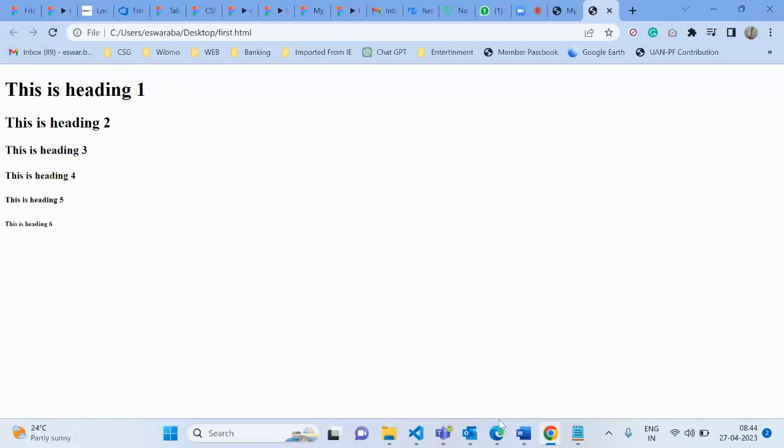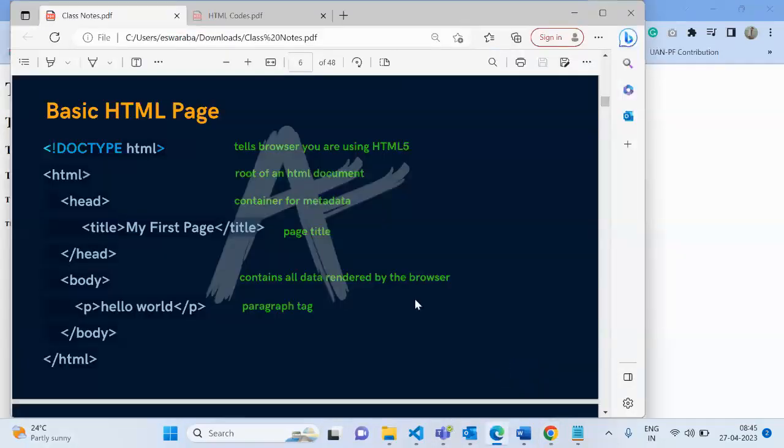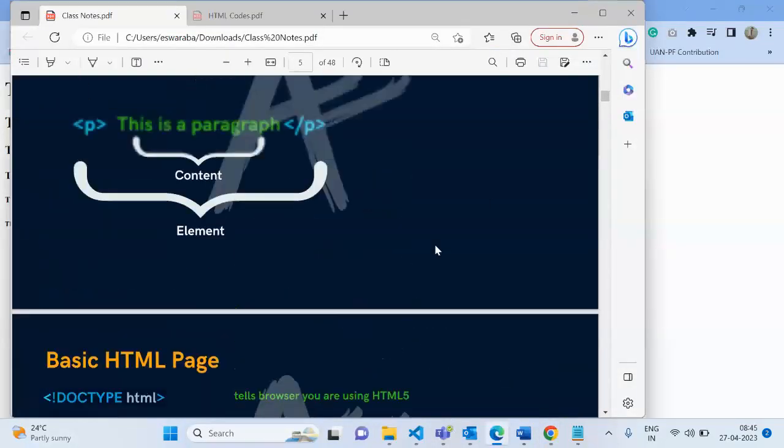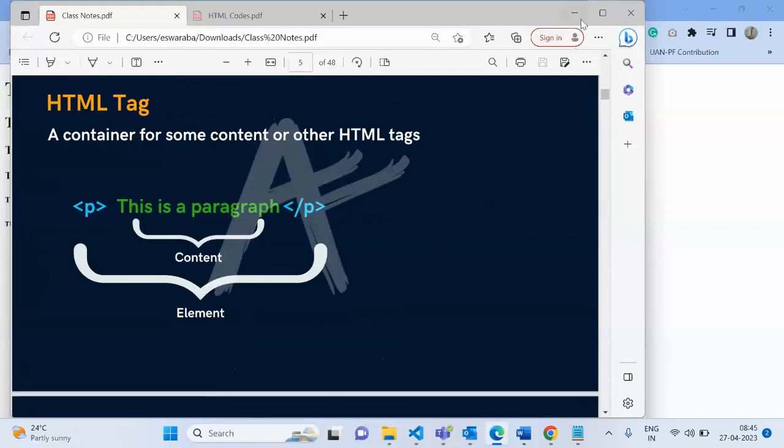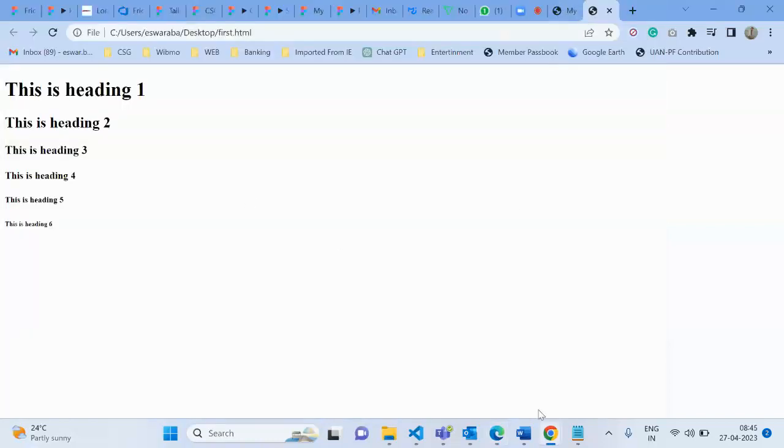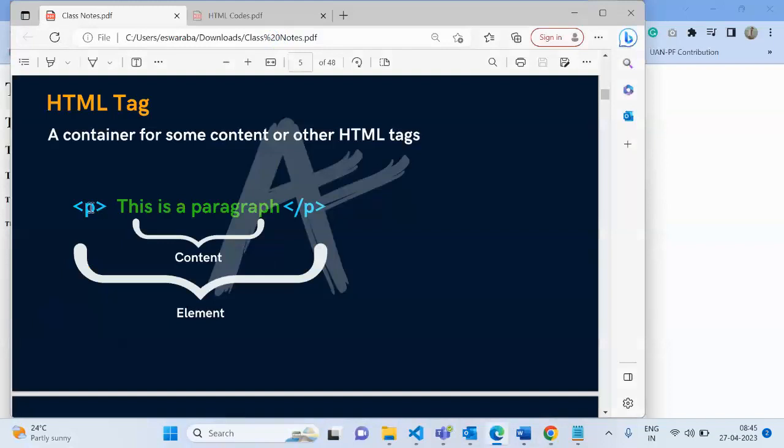You understand, right? Can you only use this for the heading, or can you also use this for a paragraph? No. For the paragraph we have the P tag. The P tag is for paragraph.